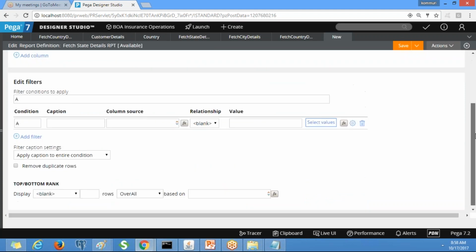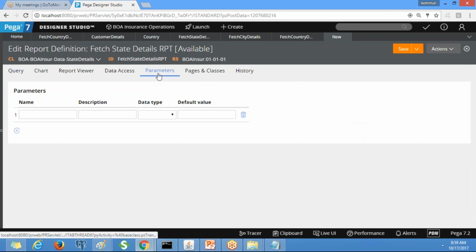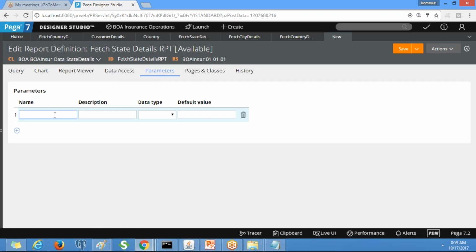Okay, so now you know about the parameter concept, right? So I'm defining parameters. Here, which parameter do we need to define? What is the value we have to pass for the state? Country code. Data type is text, right?